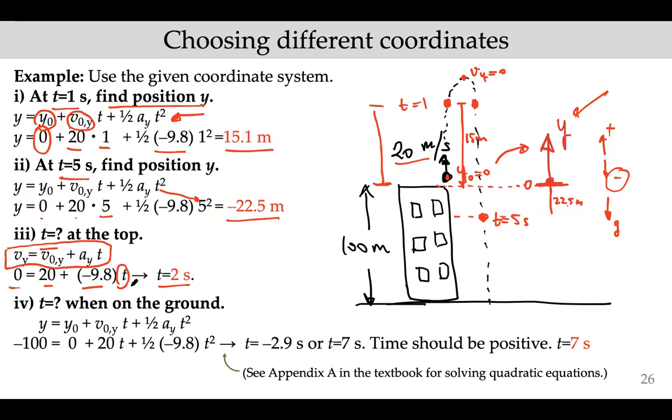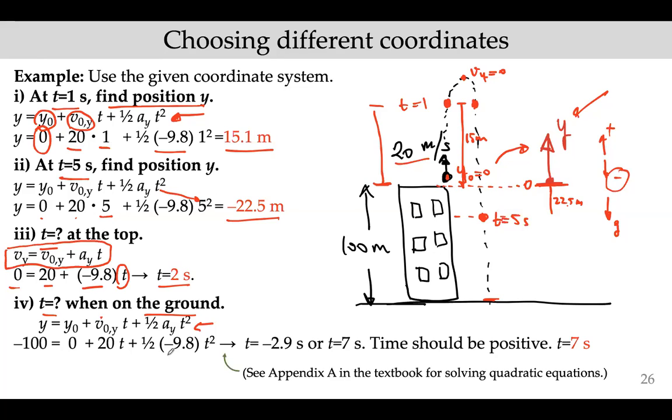Now the final part is, how much time passes until the ball hits the ground? So the ball is thrown from the top of the building, and then it goes up and then hits the ground, how much time passes in total? So for this one, I'm going to use the equation that I used in the first and second